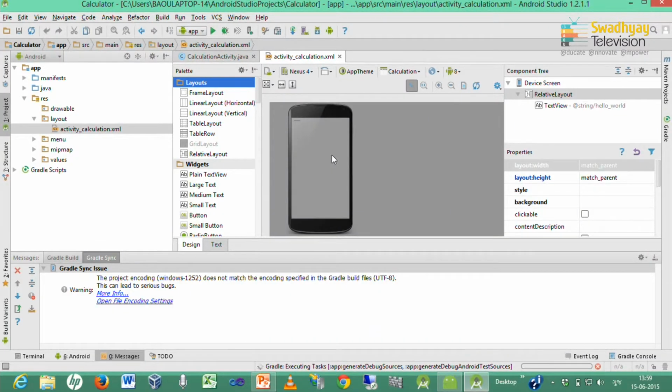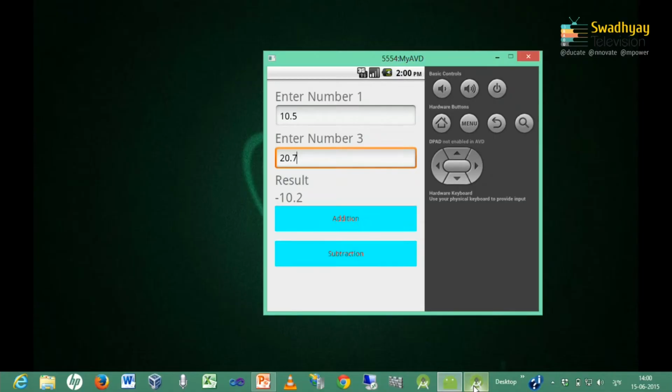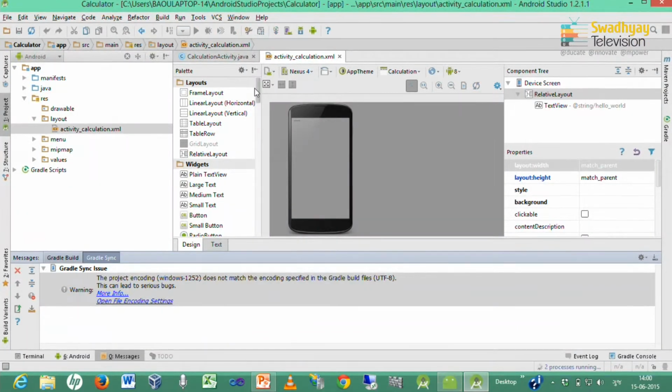So this is a blank screen. Here we want to place all the content that we have seen in this emulator. So according to this screen we will design our interface. So first, this layout is by default a relative layout.